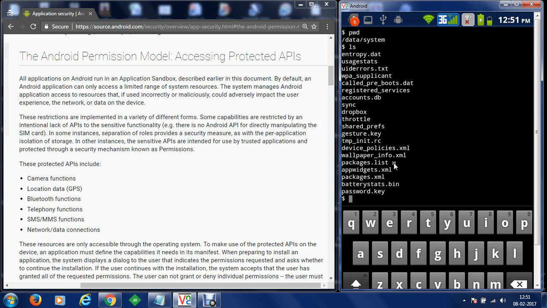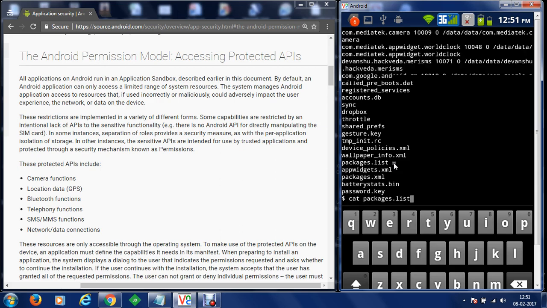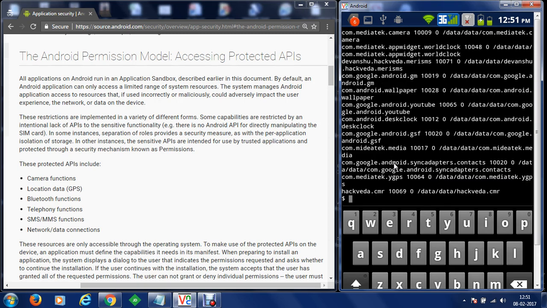So in case of an application exploitation, the malicious file cannot cross the application sandbox boundaries. Now let's execute a cat command on your packages.list. And now you can see that within your packages.list, let's say we have an application known as hackweather.cmr, and it has a process ID 10069, and data for this application is stored within data hackweather.cmr.